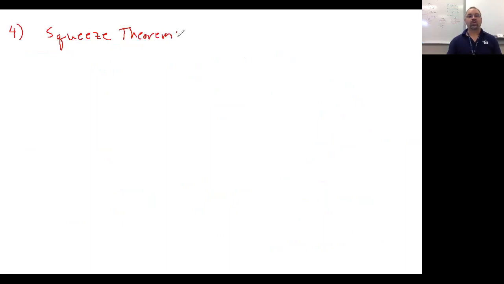So in the squeeze theorem, we were trying to evaluate a limit, but the limit was tricky because we couldn't evaluate it directly, for some reason. So what the squeeze theorem said is, if you can tell me a function that's always less than or equal to your function, and you can tell me another function that's always greater than or equal to your function,